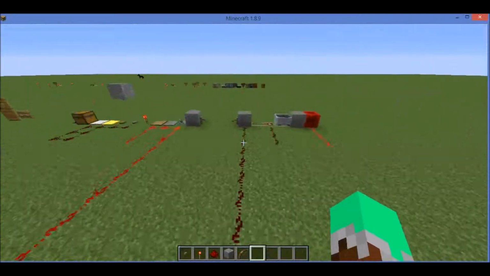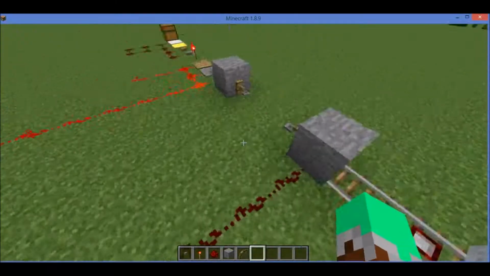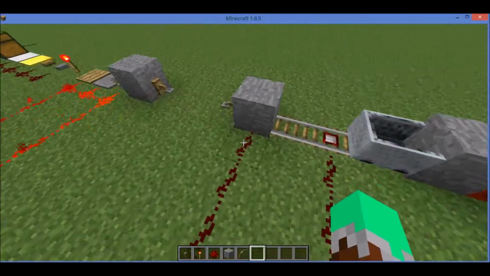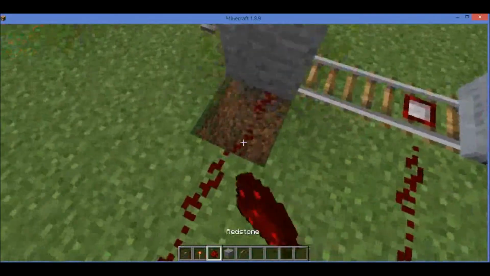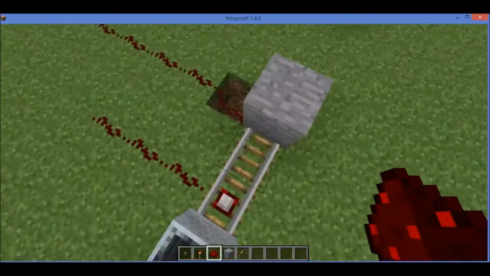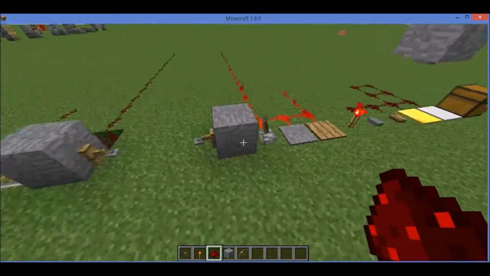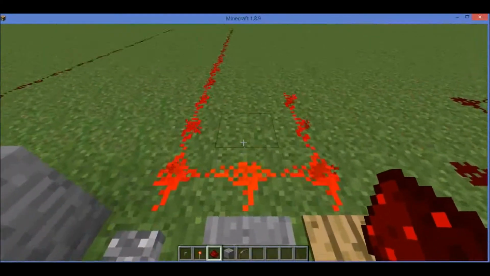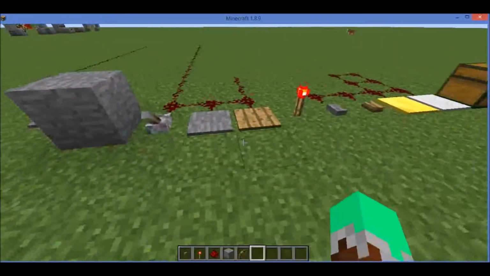Okay, so this tripwire here, the redstone current can be coming out of any side of this block right here, this stone block. It could be coming out of anywhere, even like underneath right here. It could come out of this side, wherever you want it. Same goes for this block right here. So that's that. And this pressure plate also goes 15 blocks, and this pressure plate does the same exact thing,